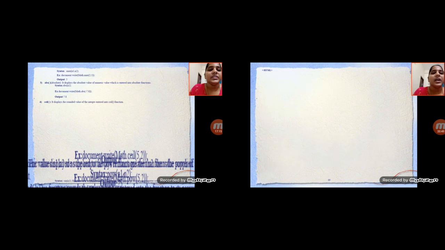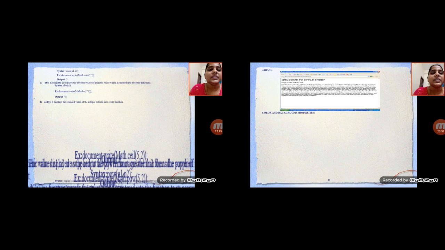After that, the example for this program, HTML and style sheet: you take H1 with a font family, and H1 with font style italic, and then something on the body. After that, HTML "welcome to that style sheet", and the font properties will be there. This is the closing of the style sheet, CSS properties. The above program, "welcome to that style sheet", will be displayed with the font properties on the web page.